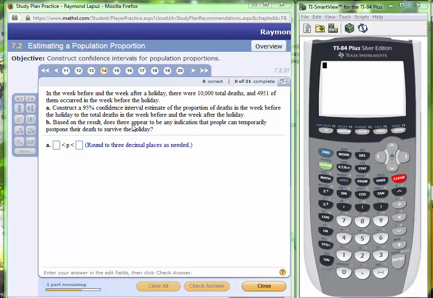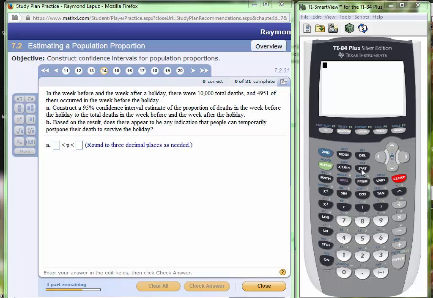Based on the results, does there appear to be any indication that people can temporarily postpone their deaths to survive the holiday? We can take a quick glance at this and see that it's about 50%, and let's see if we can construct this to be more statistically specific. What we're going to do is use our calculators to find this